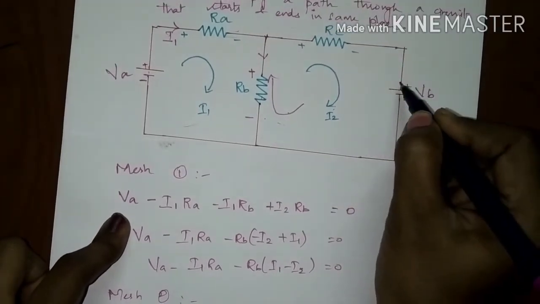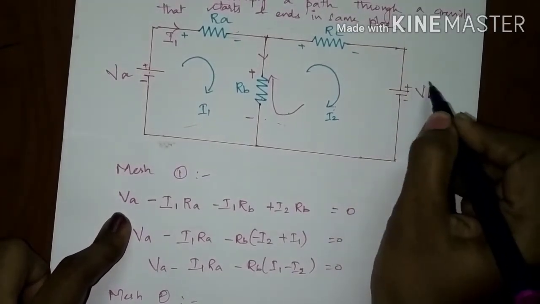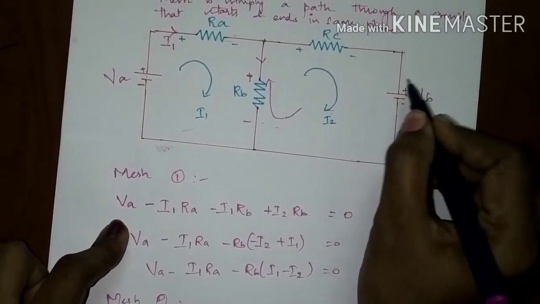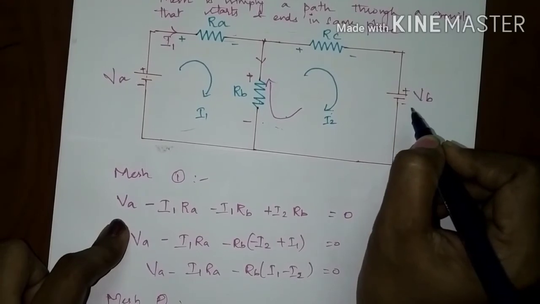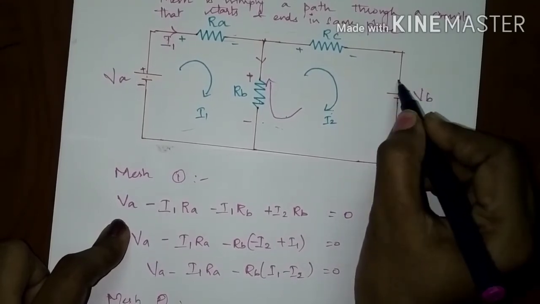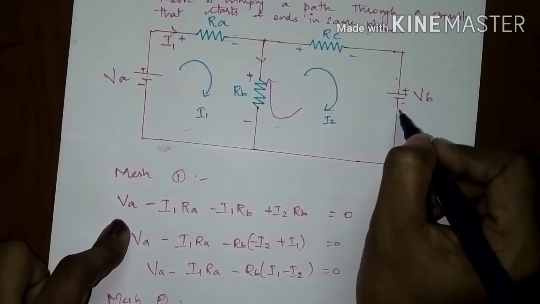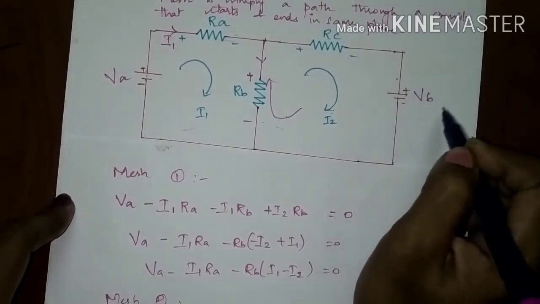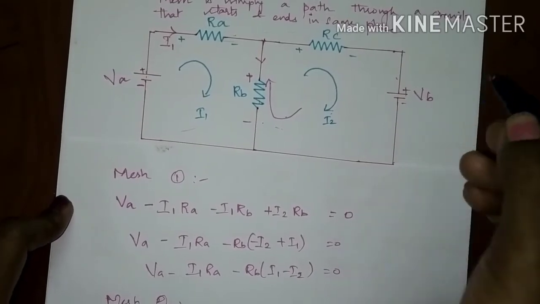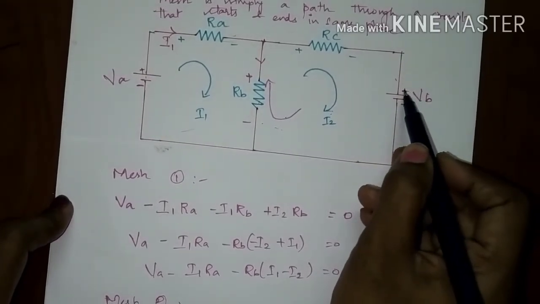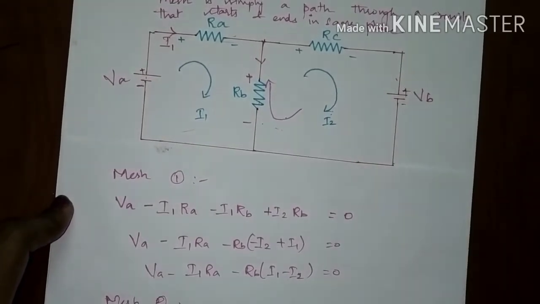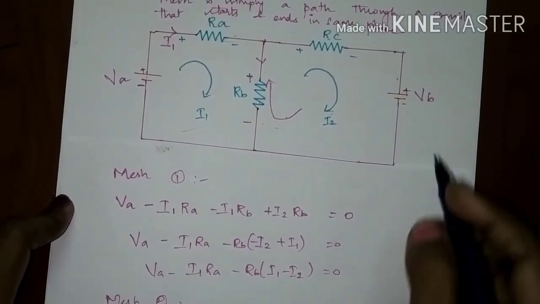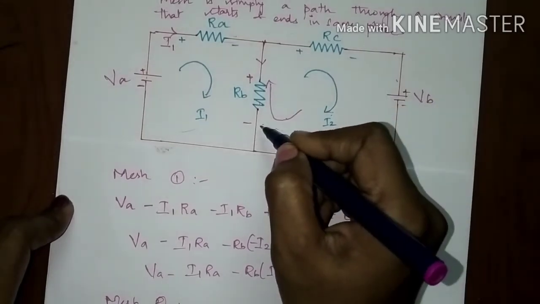Again the current will be flowing from positive to negative. This VB here is not an energy source. It is not acting as a source here. It is acting like a sink, that is, like a load here. Since the current is flowing from positive to negative, it is not leaving the positive terminal. It is entering the positive terminal, so it is acting like a load. So it is also a potential drop. From positive to negative, the voltage has been reduced, so represent that as a potential fall. So minus VB.